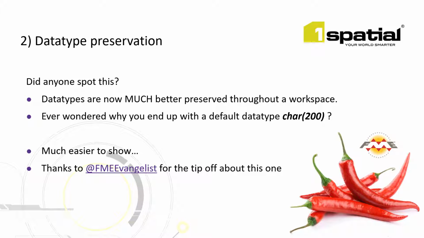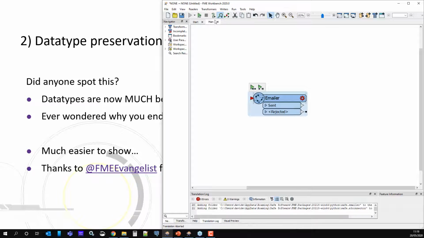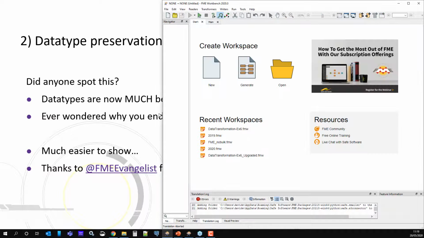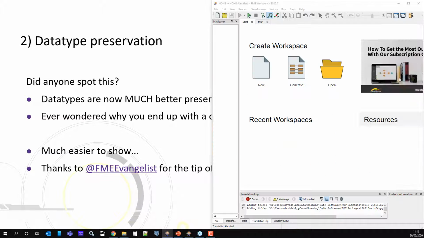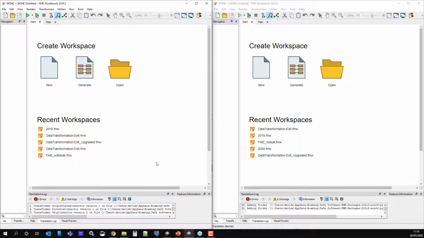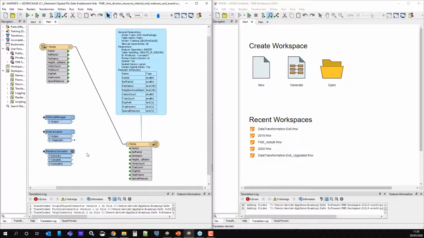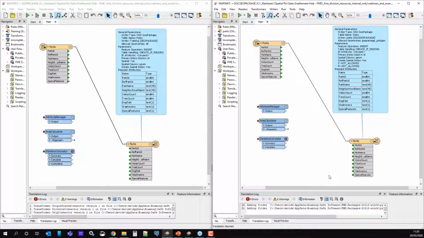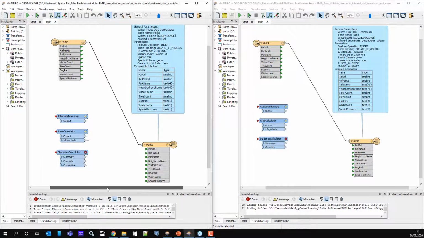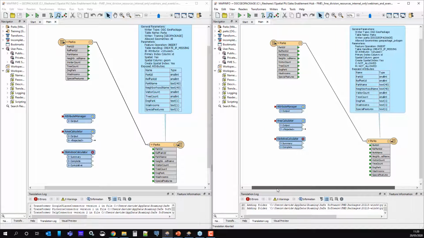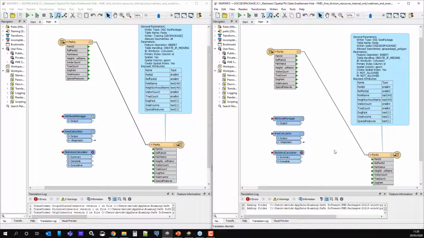In order to do that, I'm actually going to just close a few things down, and I'm going to tuck FME 2020 and FME 2019 onto the canvas here, and we're just going to have a look at two workspaces, one called 2019.fmw and one called 2020.fmw, and on the left hand side of the screen you can see FME 2019, and on the right FME 2020. So two different versions of the software,